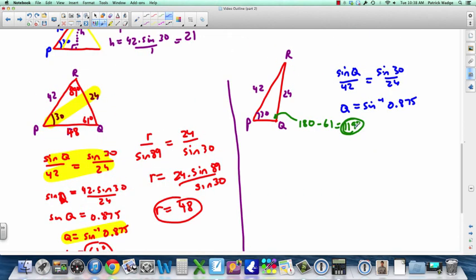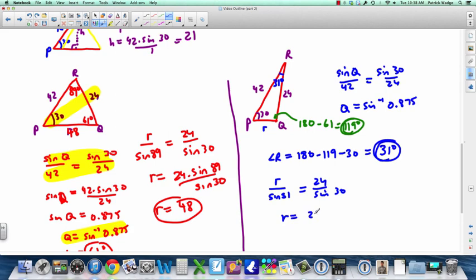Okay, now that we know the 119 degrees, we can finish this off pretty quick. Angle R we can get by doing 180 minus the 119 minus the 30, because they all add up to 180, right? Even in an obtuse triangle. So if you do that, you get 31 degrees. And once you know this is 31, you only need to know this side, which we'll call R again, because that's what it is. So you do R over sine 31 equals, you can use either pair you want, I'll use this one, equals 24 over sine 30. So R is equal to 24 times sine 31, all divided by sine 30. And if you divide that, you will get